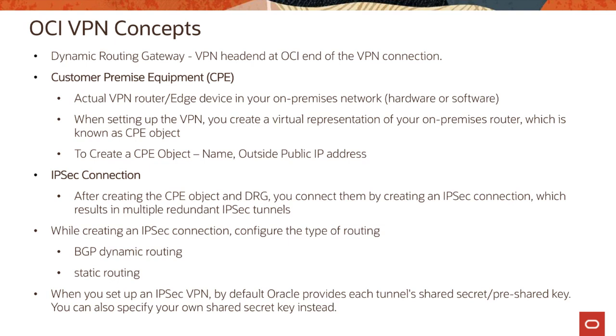You can also choose a static route connection. In the case of static routing, you provide the routes that you want the DRG to send the traffic towards. And similarly, you'll have to add those static routes on your